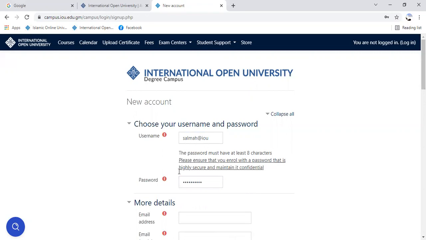The username can be anything you like. I'm just creating this one specifically for what I like, so you too can create your own username. If you like, you can follow this format, or you can follow any format. Just ensure that whatever username and password you create, you write them down so that you will not forget them.